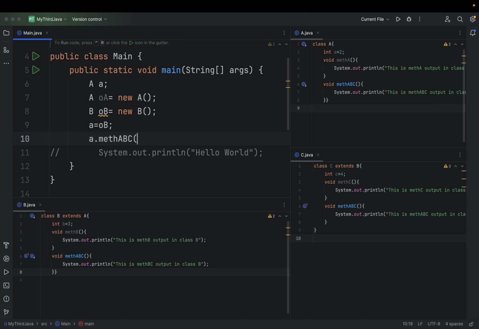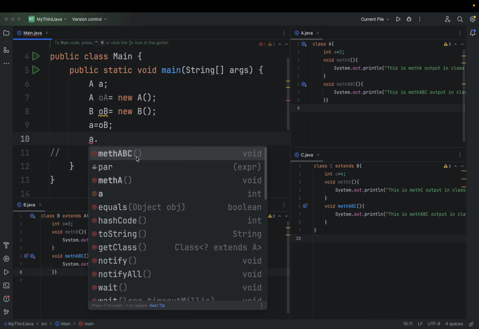So let me just run this. When we create this and press a dot here, you can have meth ABC and meth A, but you can't have meth B, although OB, which is an object of class B, has been assigned to superclass variable small a. You don't have access to meth B through small a,